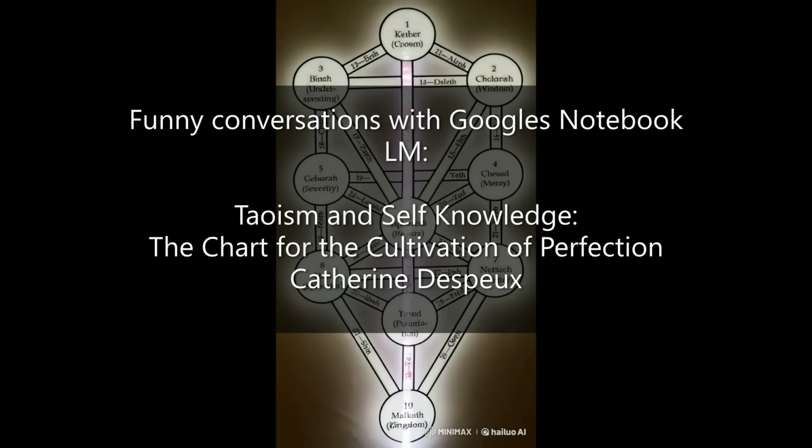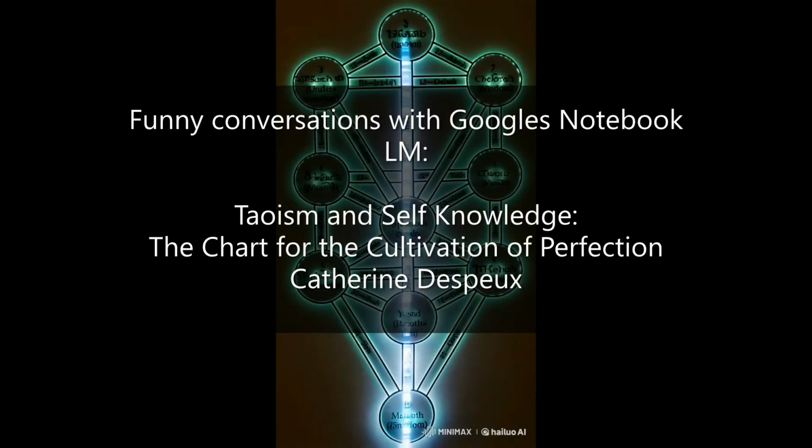Why is the human body so important to Taoists? Well, the Taoist texts see the body as a microcosm of the universe. It's not just a physical shell, it's a reflection of the whole cosmos. That's a really interesting way to think about it. Does that have anything to do with why the body is often depicted in this ovoid shape, almost like an egg shape on these charts?